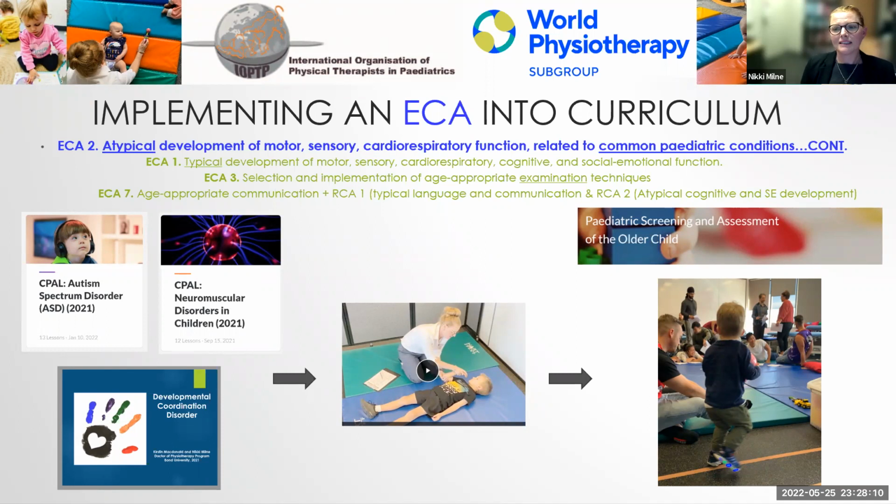They're also asked at this point to not just consider what's atypical, but to also start to consider ECA1, ECA3, and ECA7. So we're asking them to look for things like their sensory, how are we assessing sensory systems? How do they know if it's typically developing or not, as well as cognition and their social emotional functions. Also, they're asking questions as they're observing these videos about what is this assessment. So we might give them a pro forma to follow,